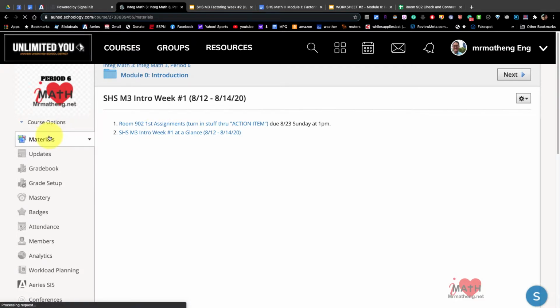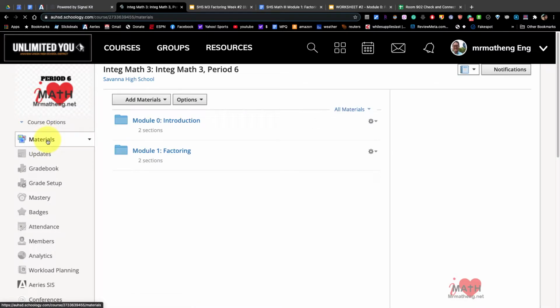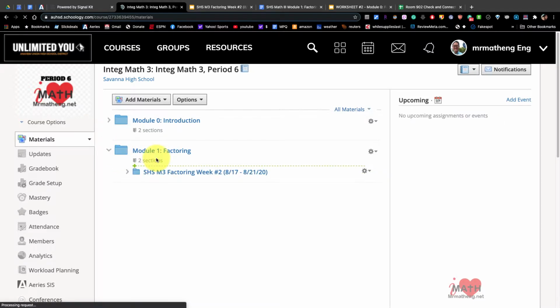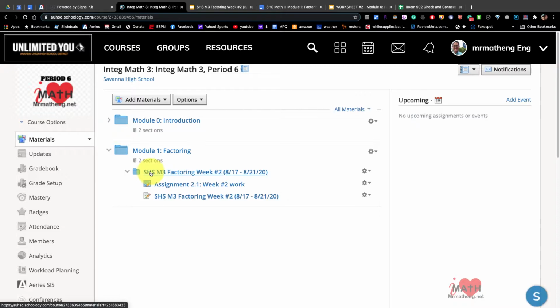And then we're currently in this next module, which I call Module 1, which is factoring. Factoring is going to take us 2 weeks. So if you click on this, it has a folder in there. This is week number 2, so this is what I introduced today. If you click on the factoring week number 2,